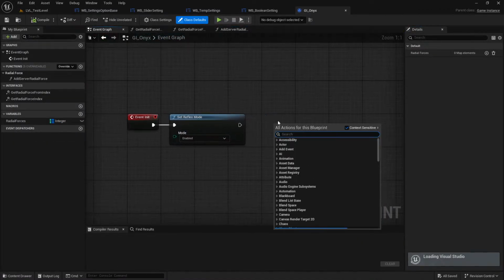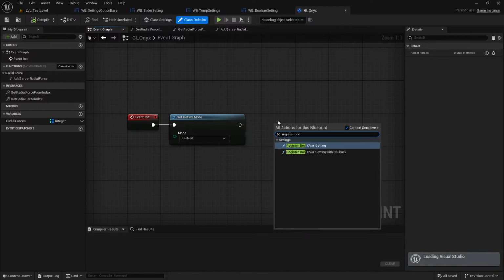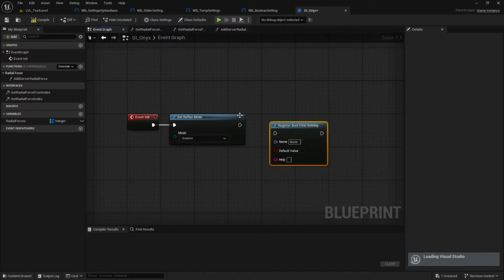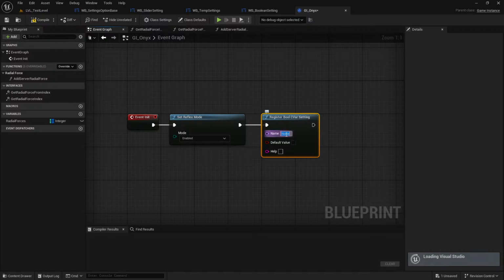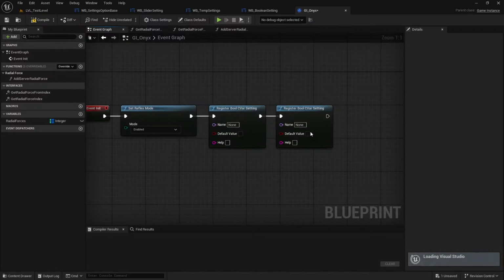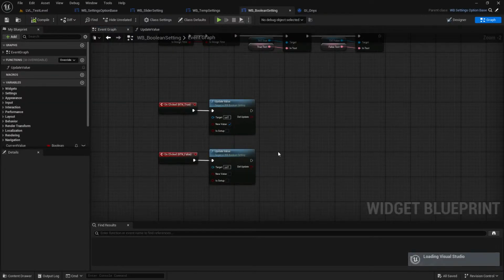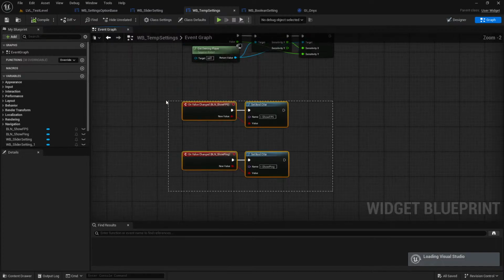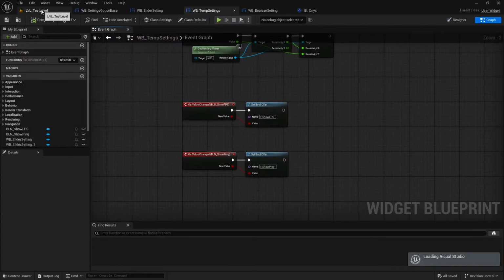We have to register Boolean CVAR. Default value is false, so we want to make this r dot show FPS. R dot show ping. We have to register those booleans first. Whoops. And then